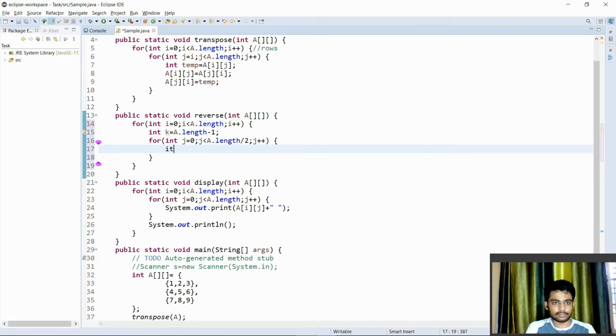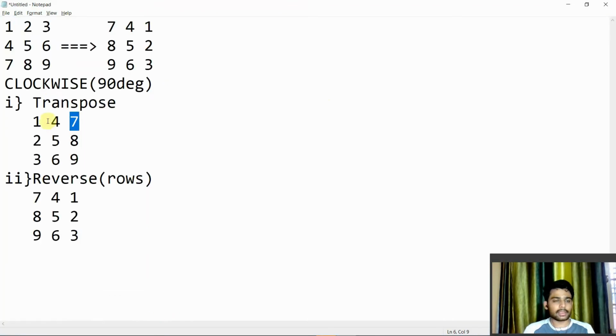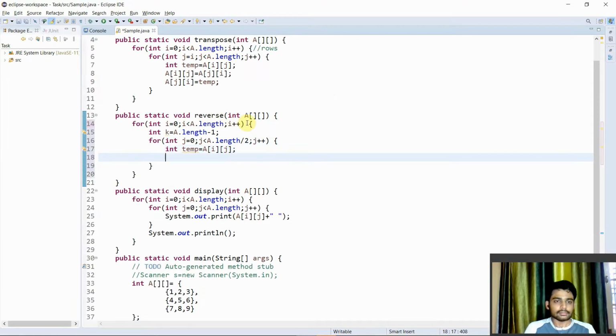So int temp equals to a of i of j. So I'll be getting this, and then a of i of j equals to a of i of k.